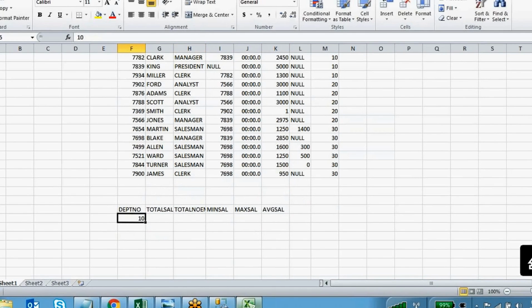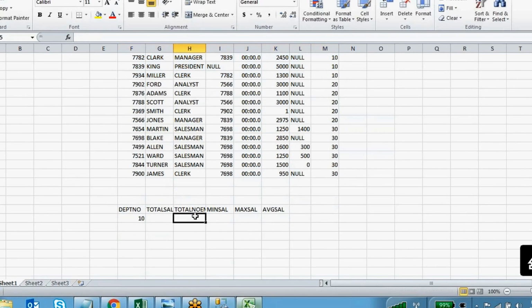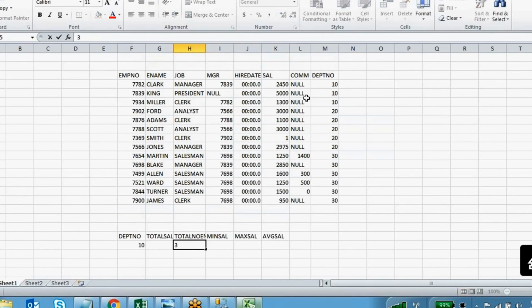So department number 10. How many employees do you have in department number 10? I have 3 employees. What is the total salary you are paying? If you combine these three, 8750. And the next one is the minimum salary. What is the minimum salary out of these three values? It is 1300.